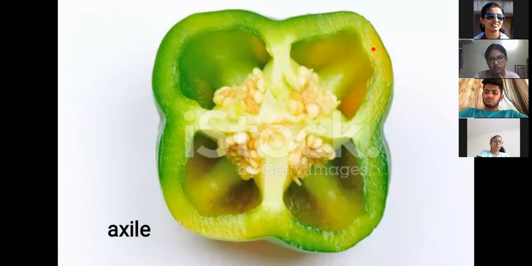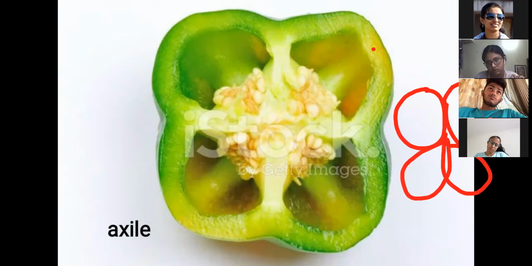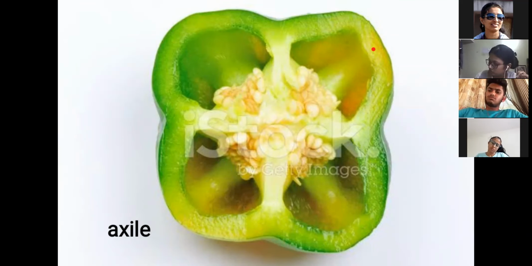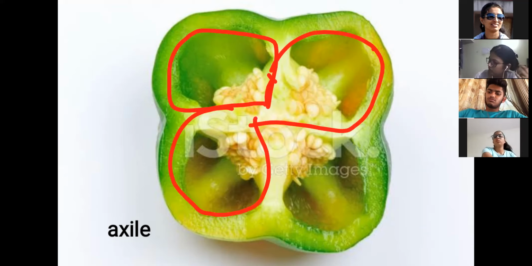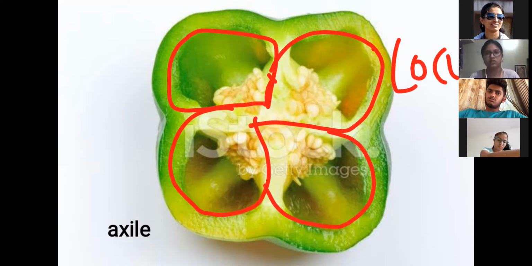ये आपके textbook का language है. Right? First, in simple language, I have explained to you that carpels are there. All carpels are fused in such a way that they meet at the center, and that center point behaves as a placenta. Now, what is multilocular condition? Multilocular condition meaning over here, this is the one locule, second locule, third locule, and the fourth locule. Locule meaning chamber.